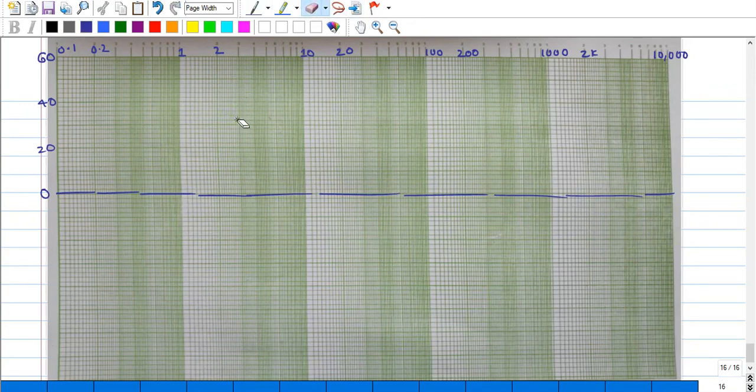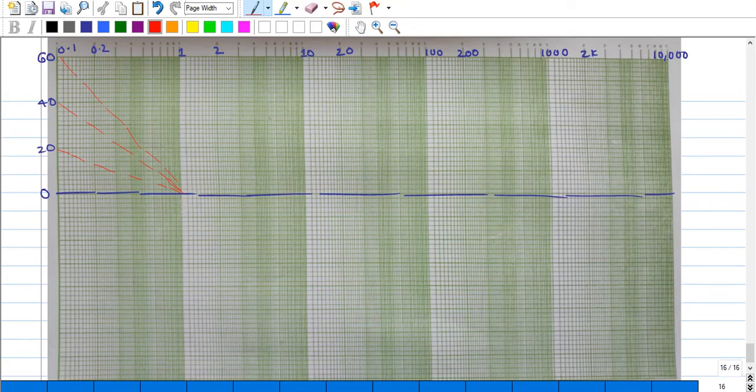Okay, so now we shall draw the line. Before that, the first step is to draw the construction line. Let me draw the construction line from 20, from 40, and from 60. This is the construction line that we have drawn from 20, 40, 60, and that particular line will have a slope of minus 20, minus 40, minus 60 dB per decade.